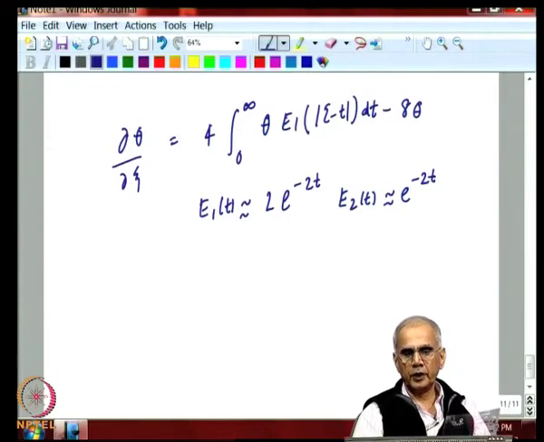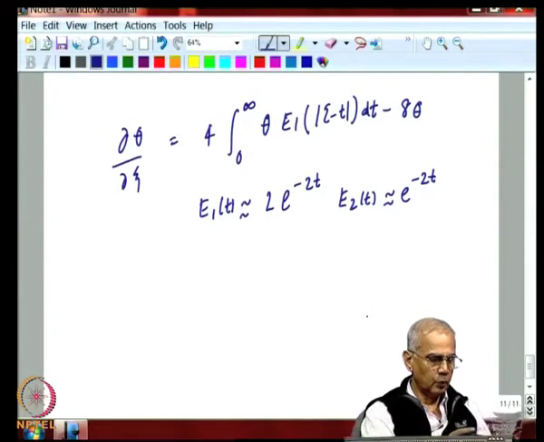Now, in this approximation what we have ensured is that E2 of t is satisfied exactly at t equals 0. At t equals 0, E2 of t is 1, which is the exact value. Well, E1 of t actually goes to a very high value at t equals 0, but we have restricted it to a value of 2. But remember, E1 of t appears inside the integral. So, it is not as important that we get the value of E1 correct at all locations, as long as we get the answer correct in the integral sense. Our approximation is not that bad.